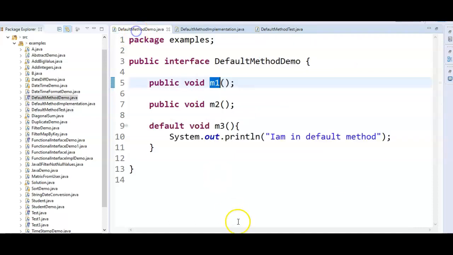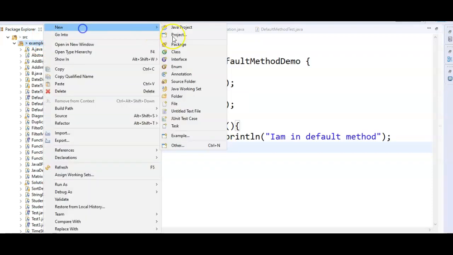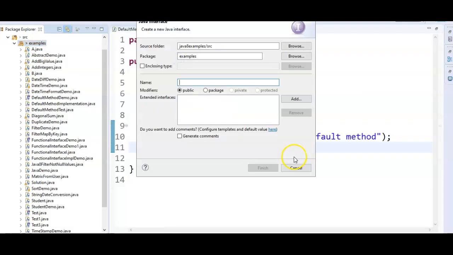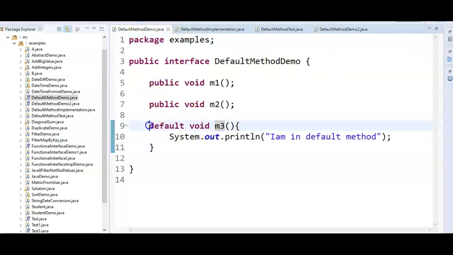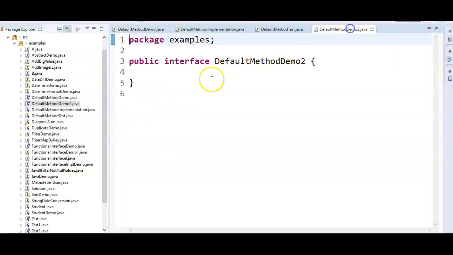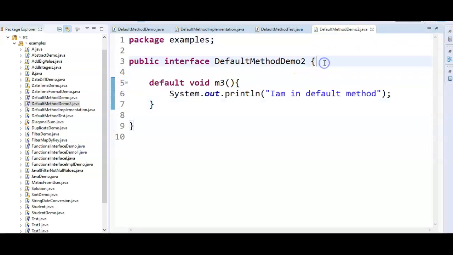Suppose there are two interfaces which have the same method signature m3. How do we call it? Let's create one more interface, DefaultMethodDemo2, and give the same default method m3.